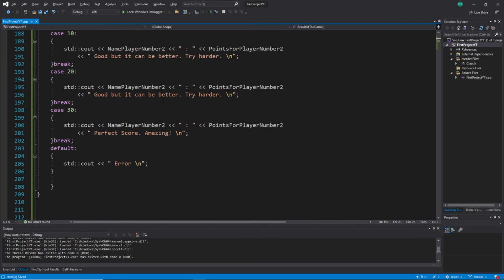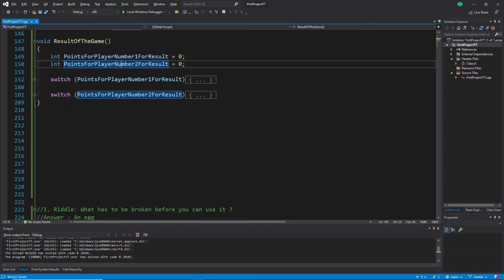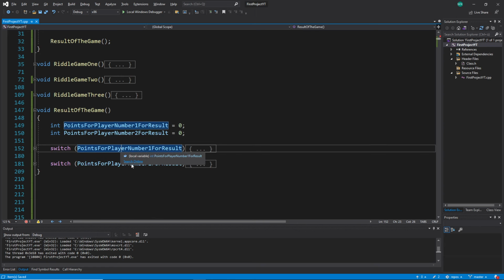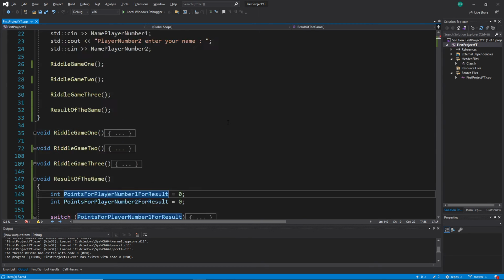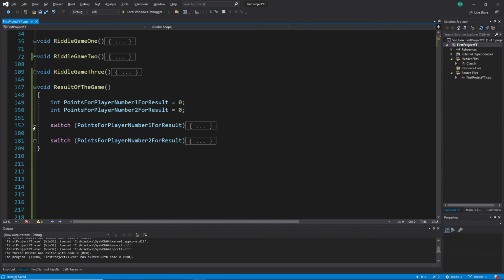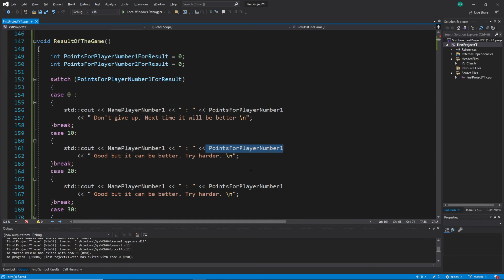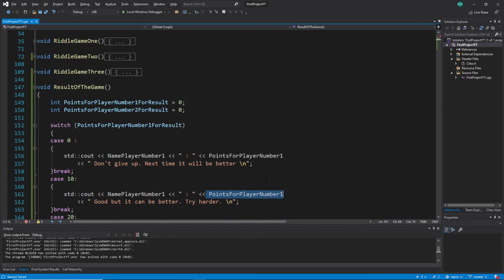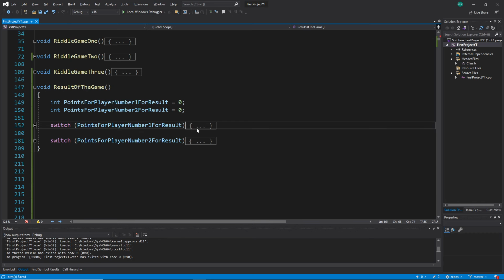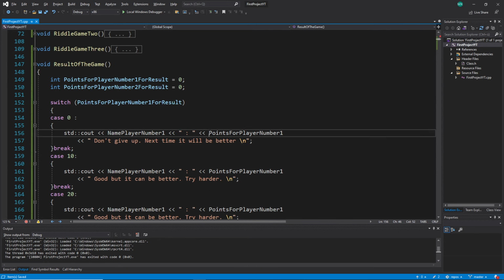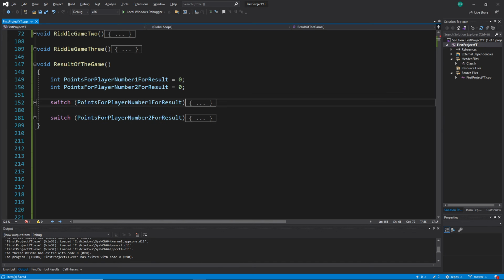Good. The next thing is they are now using the right points. But why I'm not just using these global variables here is the question. Because if I use this one, actually the switch statements are using these global variables here. It's much easier. The reason for that is I made this intentionally to make it more complicated. And yeah, a little bit. The reason for that is I actually want to replace this one here, just for demonstration purposes,